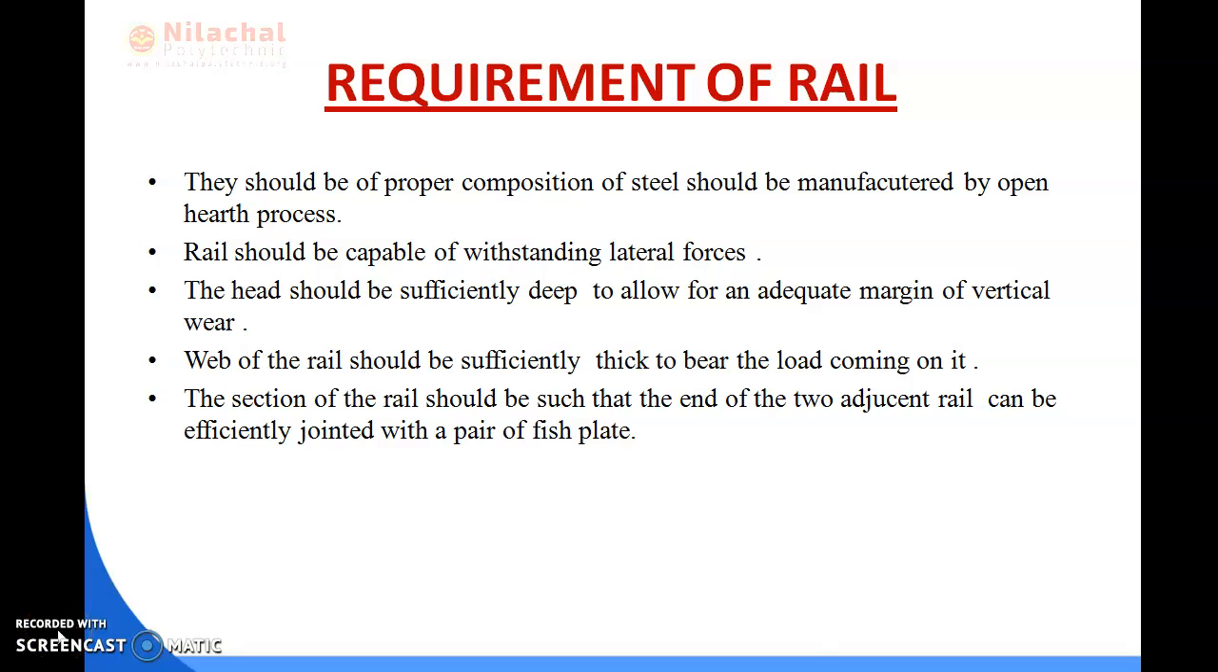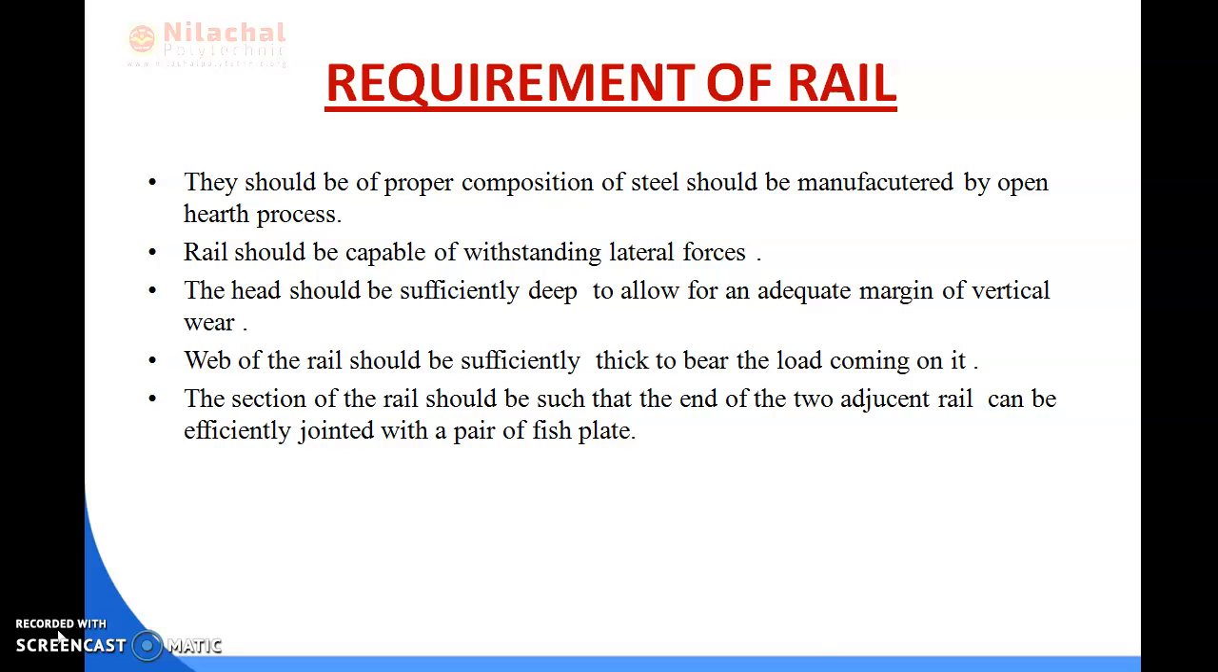So in our previous slide we discussed what a rail is and what the function of a rail is. Now we discuss the requirements of a rail, why we need a rail to move the train. So first, there should be a proper composition of steel, which should be manufactured by the open hearth process,